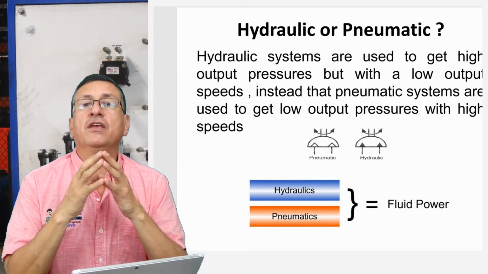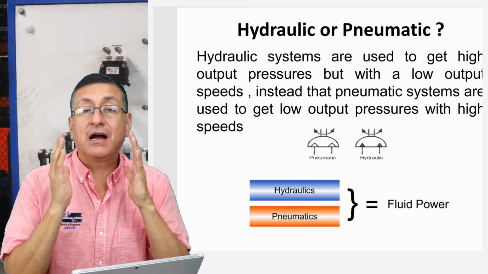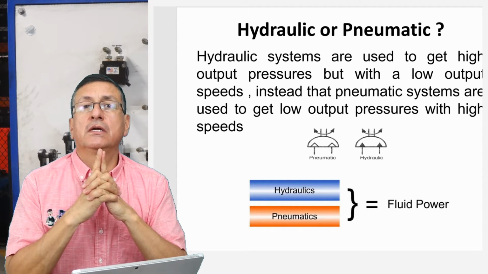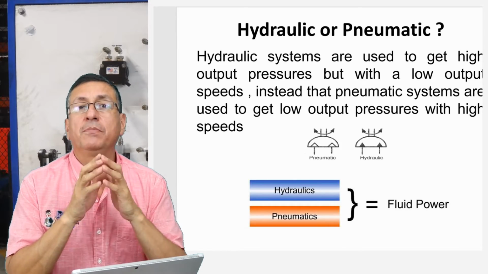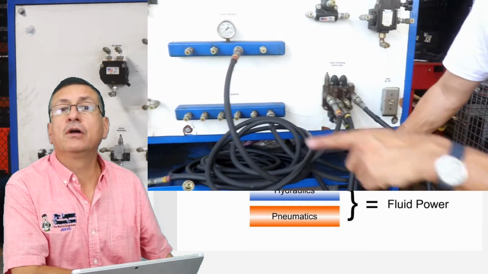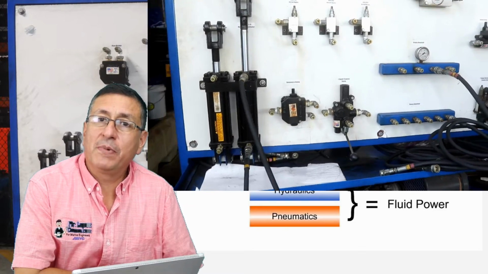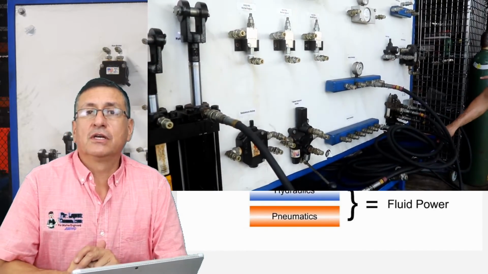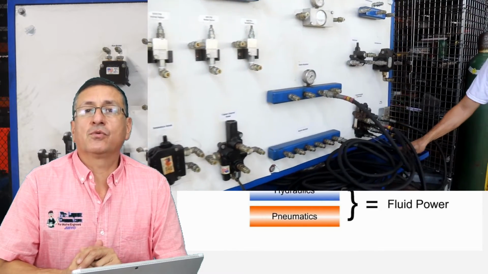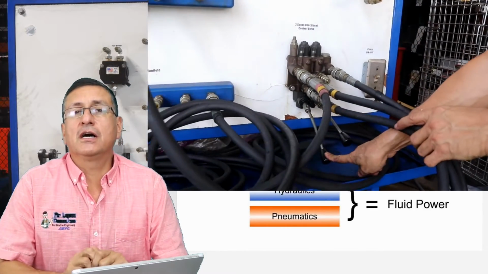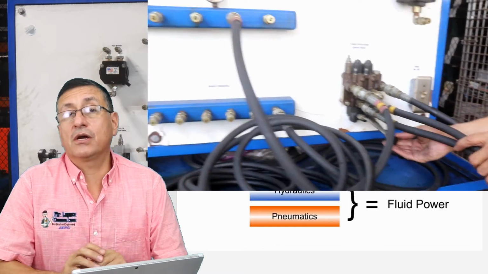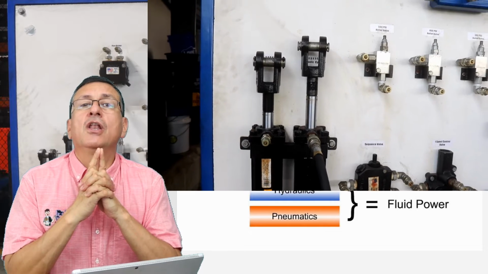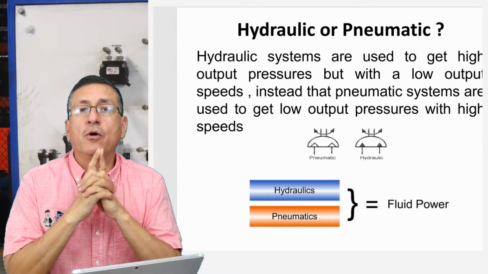Yeah. For example, if you have a hydraulic actuator, the movement of the piston, like this one that we have on the screen right now, is too slow in comparison with the pneumatic actuators. The response of pneumatic actuators is a fast response because this is the consequence of the fluid. Yeah, pneumatics is used for high speed but low torque, low output torque.